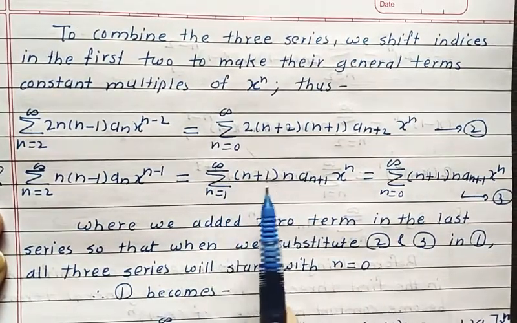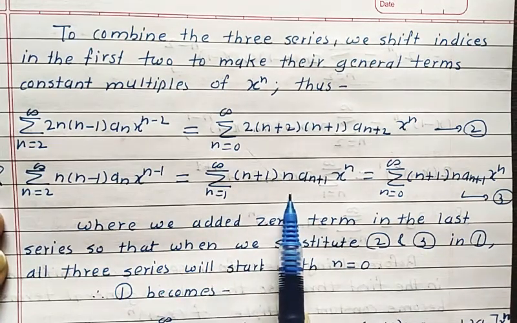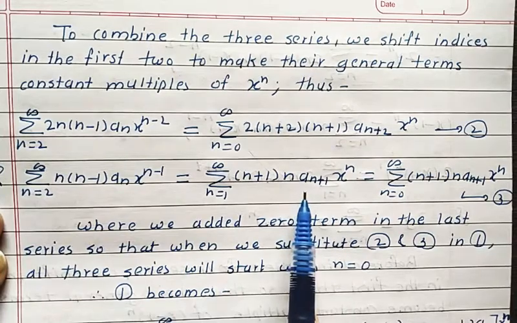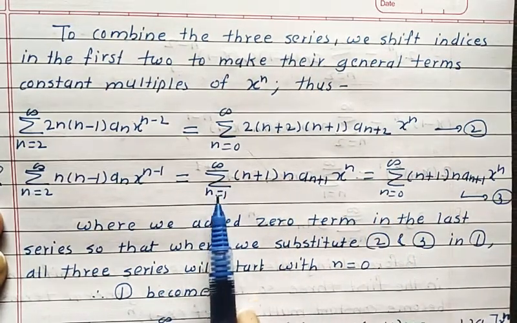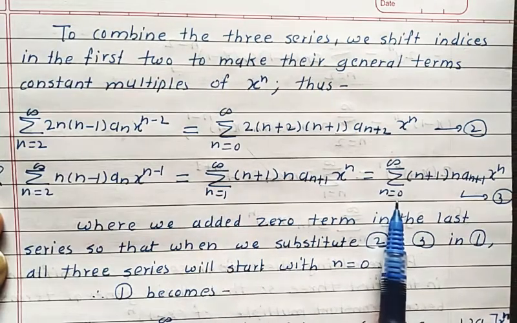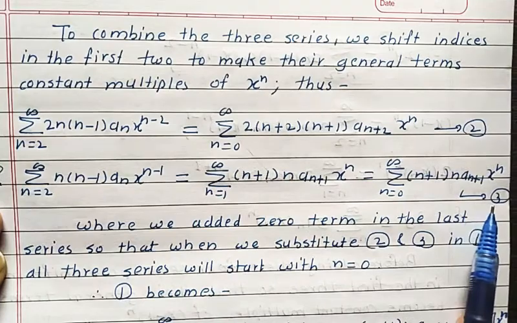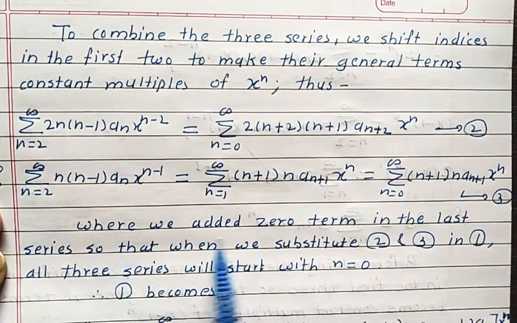If we put n equal to 0, what happens? Then the answer is 0, so there is no change in the power series, and we can put the value of n as 0. So instead of n equal to 1 to infinity, we take n equal to 0 to infinity, with the remaining terms as they are. Let us call it equation 3. Now we will add all these three.